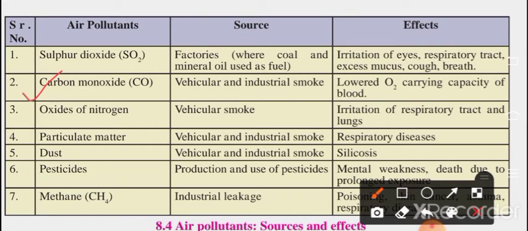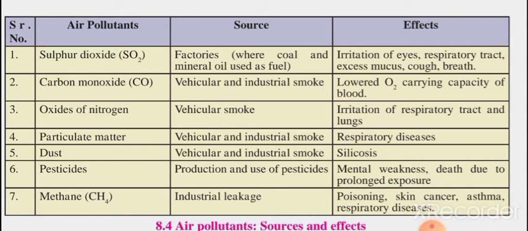Next is carbon monoxide. The chemical formula for carbon monoxide is CO. This is released from vehicular and industrial smoke. Vehicular and industrial smoke means vehicles and industries. And the effect is lowered O2 carrying capacity of blood. So due to this effect, O2 is getting lowered in the blood circulation. Okay. Next is